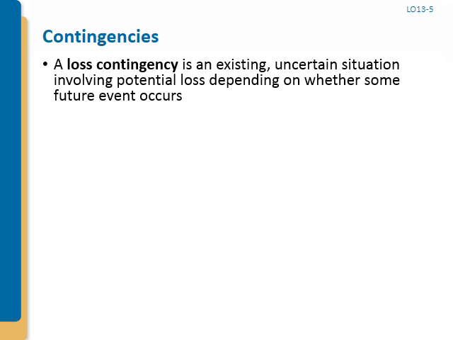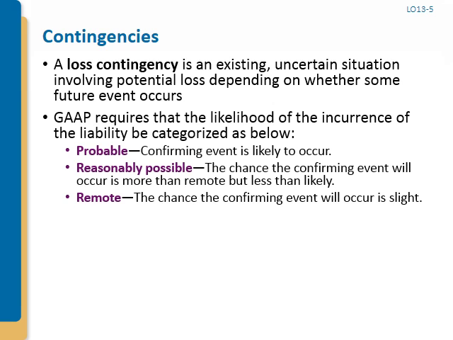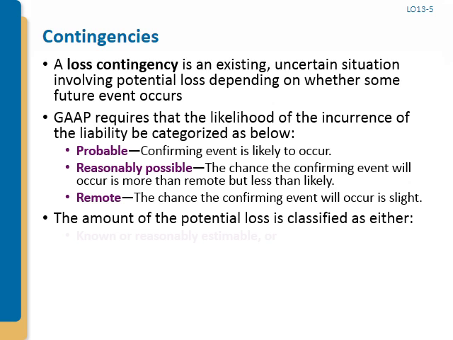Contingencies. Let's now discuss another important category of liabilities, and that is loss contingencies. A loss contingency reflects an existing uncertain situation involving a potential loss, depending on whether some future event occurs. How we account for these situations depends on the likelihood that the future event that confirms the amount to be paid will occur. GAAP somewhat arbitrarily identifies the probability levels